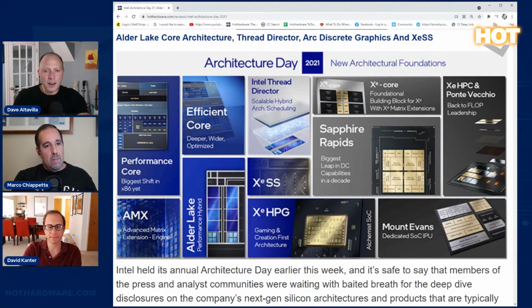We'll get into Sapphire Rapids for the data center Xeon crowd, and a little bit of Ponte Vecchio for the HPC crowd. Where do we want to start? Let's start with Alder Lake, and